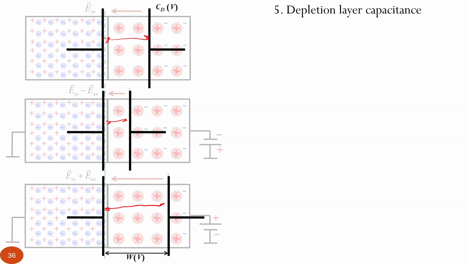So we can manipulate the thickness of this p-n junction capacitor, and by applying external bias, we will change the properties of this capacitor,